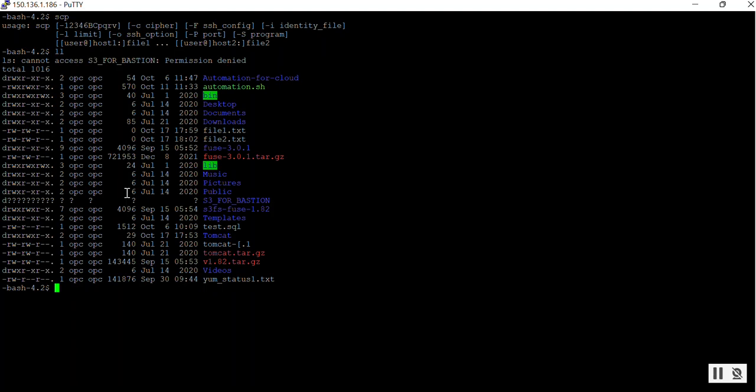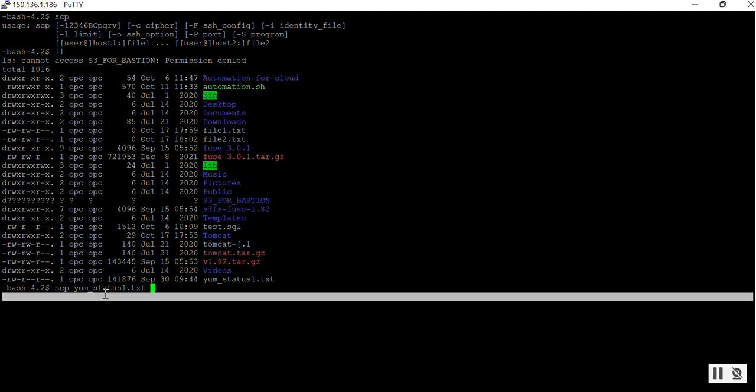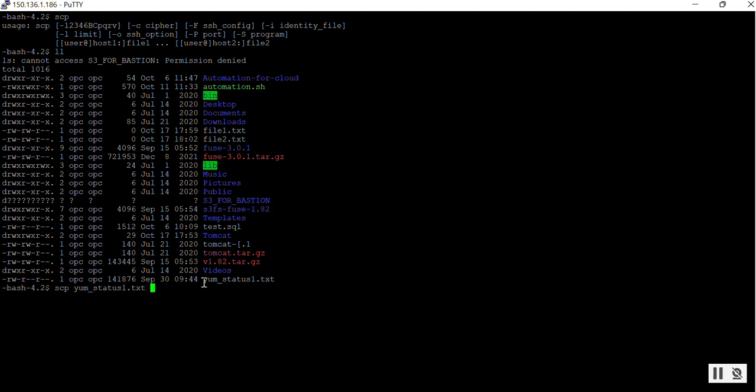The command is scp, then let's say yumstatus1.txt if I want to move that file. Then the syntax is root, then at the rate, and then you have to give the host name or IP address